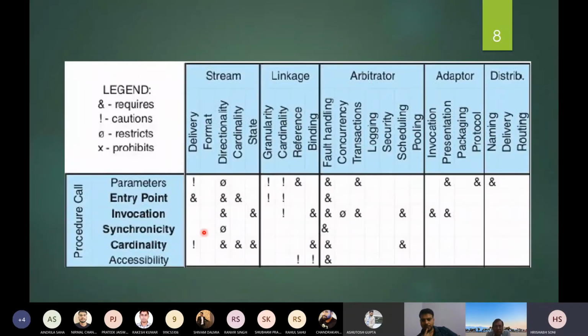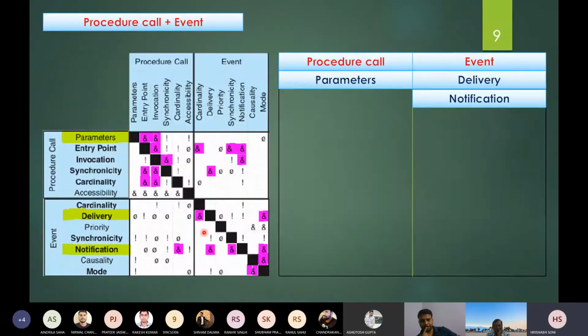I will show you in an animation how the chaining works. You can see here I have selected the composite connector, that is procedure call plus event. So I will use procedure call along with the event, and I have pre-decided that for procedure call I need parameters as dimension, and for event I need delivery and notification as dimension.